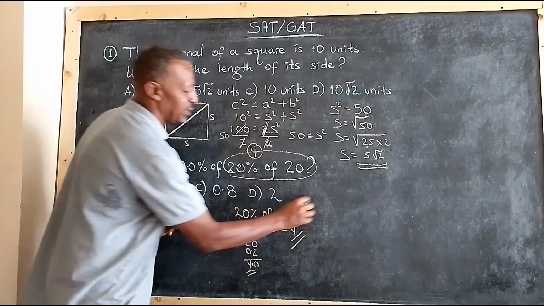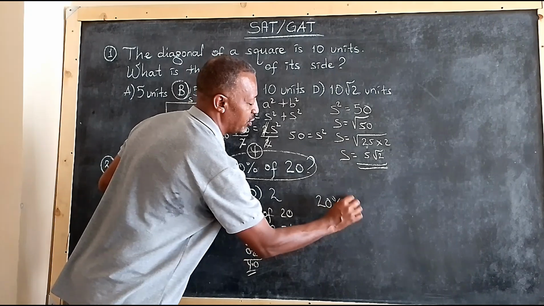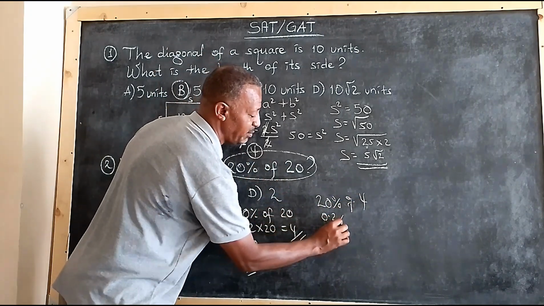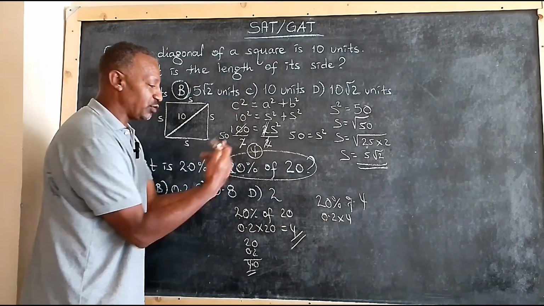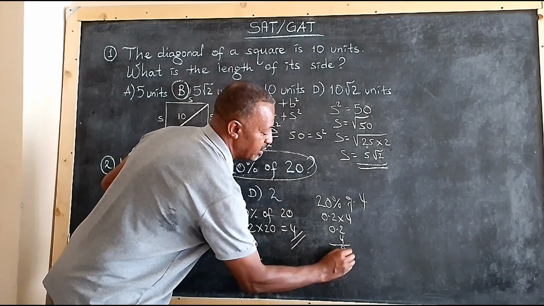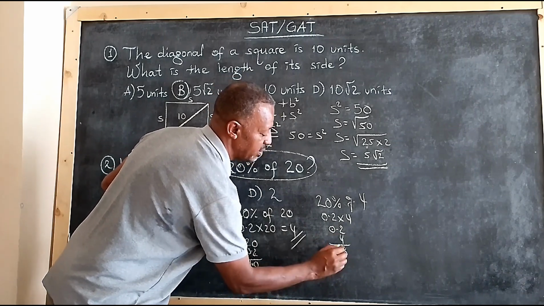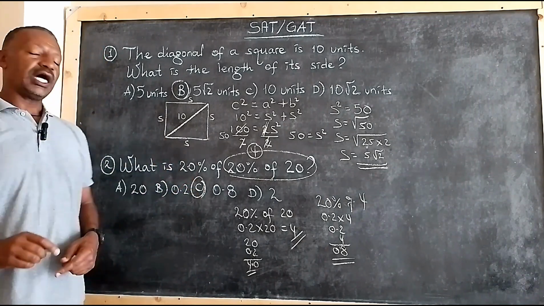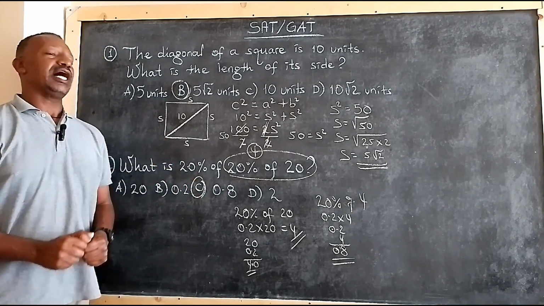That's the question. 20% of 4 means 0.2 times 4, which is 0.8. I hope you get the correct answers. I'll come up with another